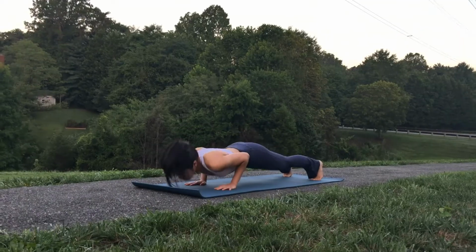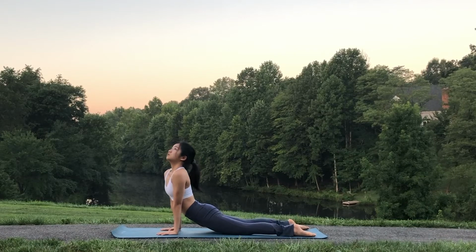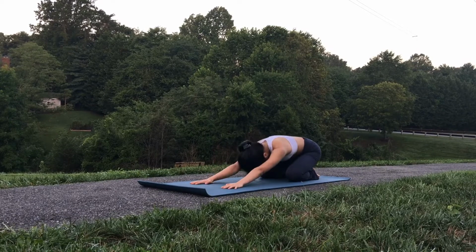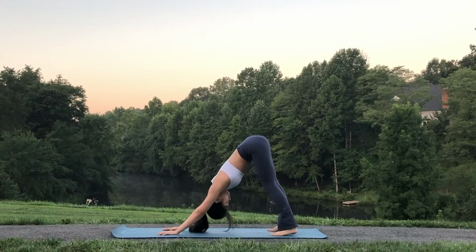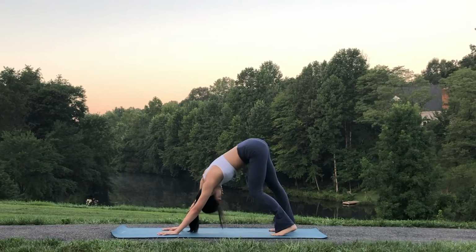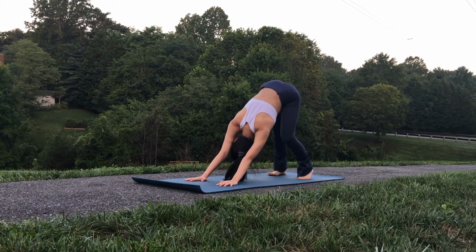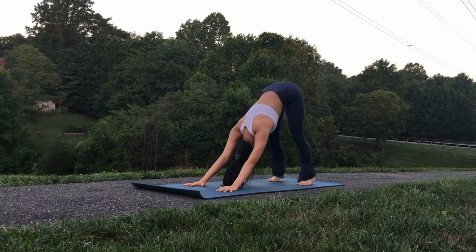Coming down and then going to chaturanga, upward facing dog. And just moving side to side. Just really getting to warm up right now, and feeling your surroundings and just being in touch. I think Earth is a very present element, so through this downward dog, we're going to just shift side to side,